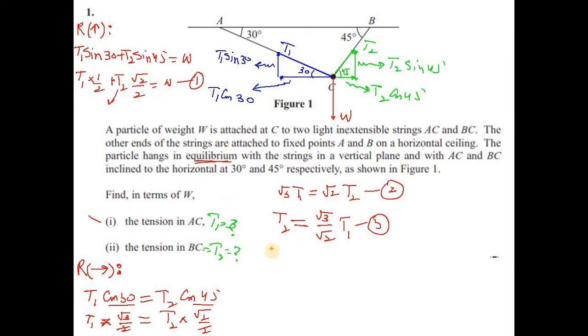So substituting the value of equation 3 in 1, equation 1 implies that T1, that means this is in fact T1 by 2, so half of T1, plus root 2 by 2 into T2, and T2 is root 3 by root 2, is equal to W. So root 2 gets cancelled, and clearly you can make T1 the subject, and if you separate T1, so T1 would be equal to